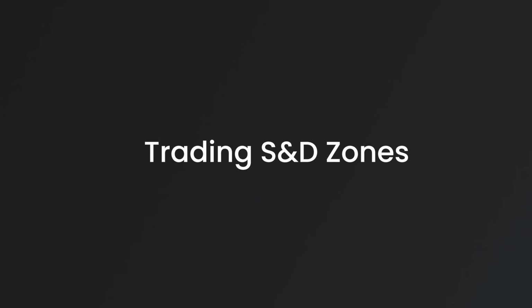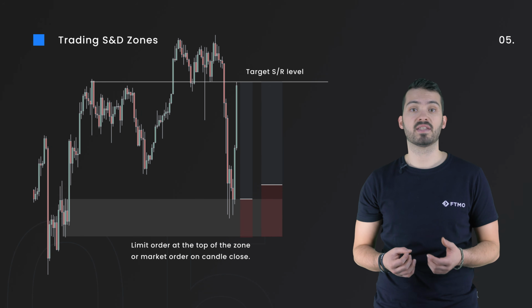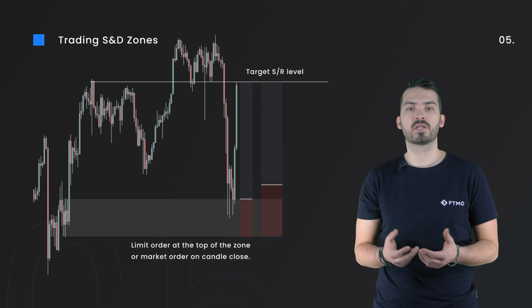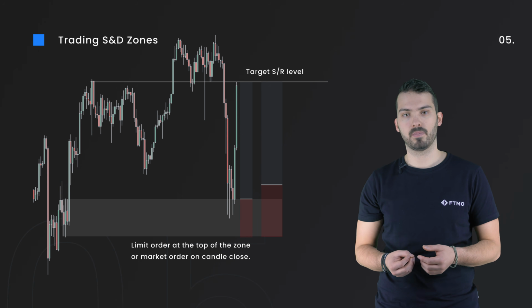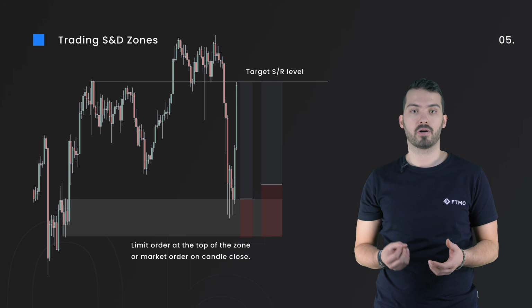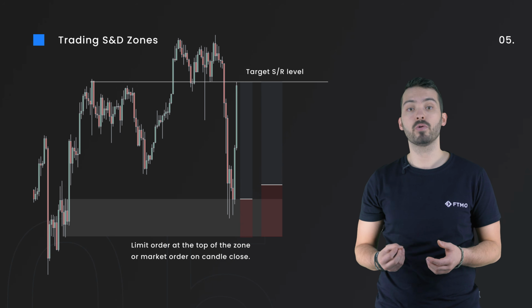How to trade supply and demand zones? There are 2 ways to trade supply and demand zones. The first one is a set and forget approach, when you simply put limit orders at the top of the demand zone or bottom of the supply zone. This gives you more freedom from looking at charts, but of course, you might get quickly taken out when the price just spikes through the zone.